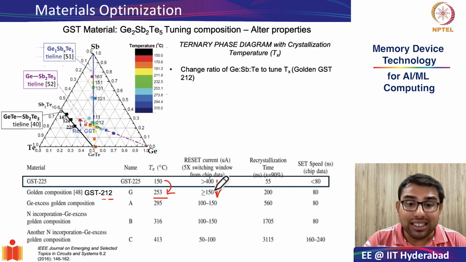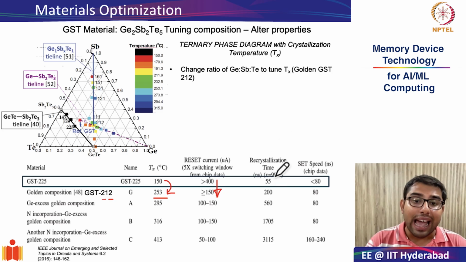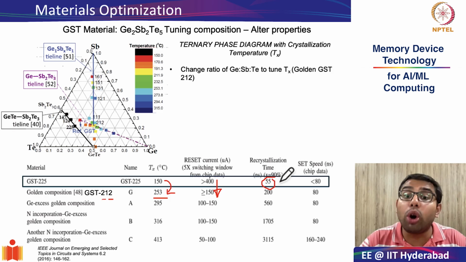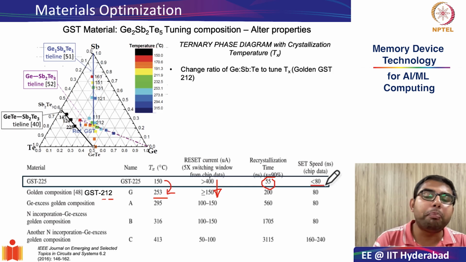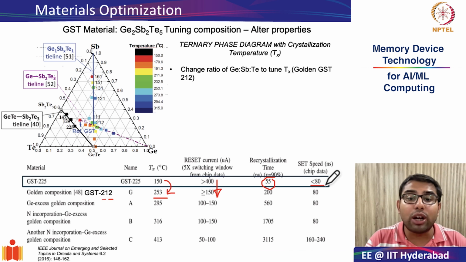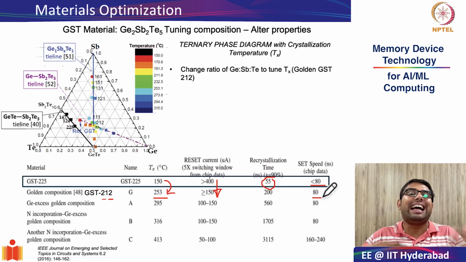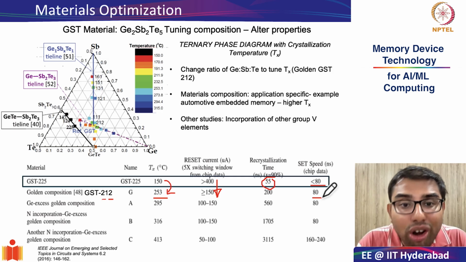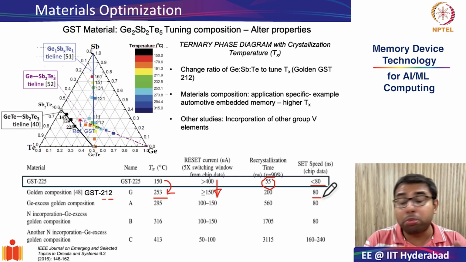Okay. So, but one thing that you essentially see is that as you increase the crystallization temperature, the recrystallization time starts increasing also. So for GST 225, the recrystallization time was less than 80 to 50 nanoseconds. But now, because you increase the crystallization temperature, the set speed or set latency increased to around 80 nanoseconds. Okay. However, as we will discuss later on in our lecture, probably the last part of our lecture will show